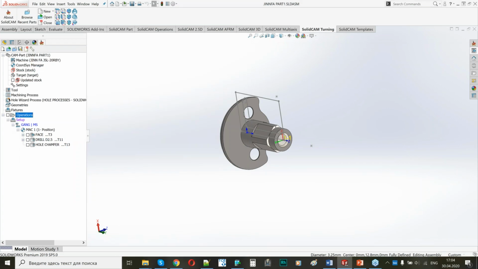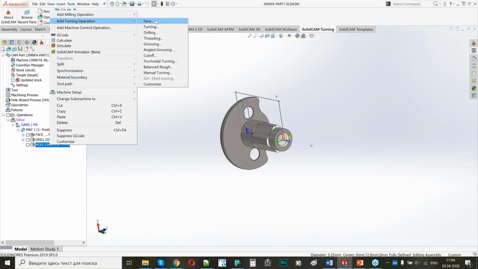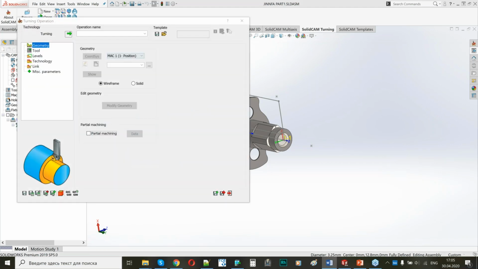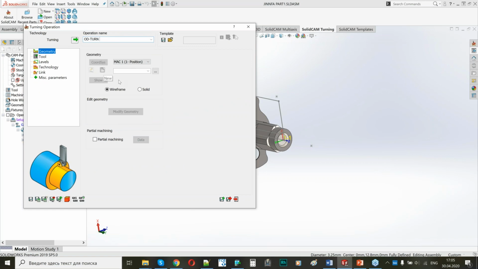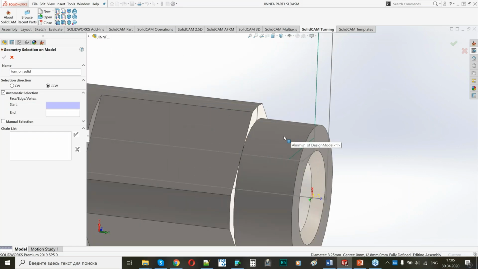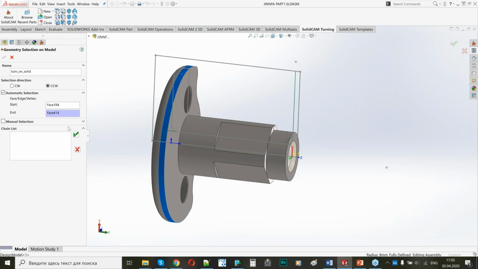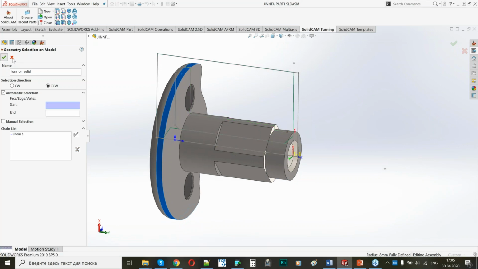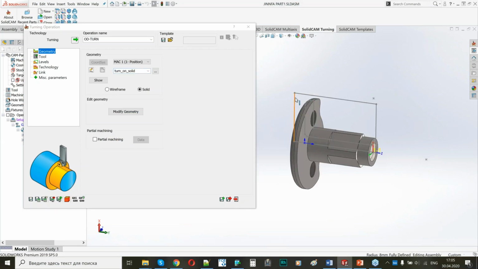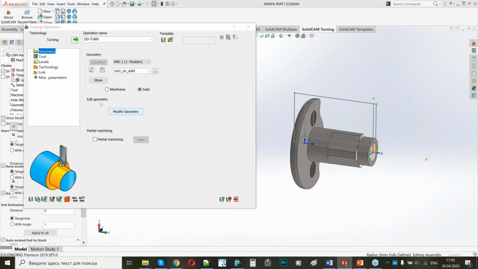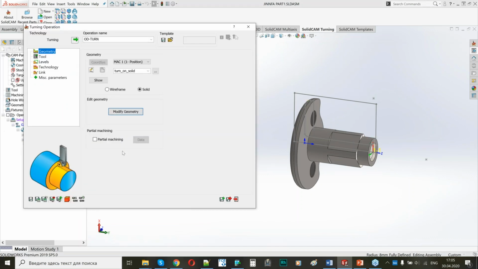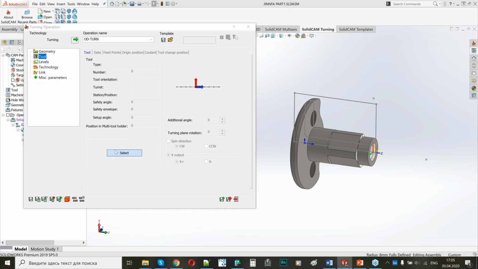The next step is outer turning operation. It will be a rough operation. I will leave some material and I will cut it after the milling operation. So I will take, for example, solid type of geometry, and I will choose my solid body, and I have a good direction for the chain, and apply that. The only thing I need to add is extension. I would like to cut till this line, so I will modify a little bit my geometry. I will add 3 millimeters more here,